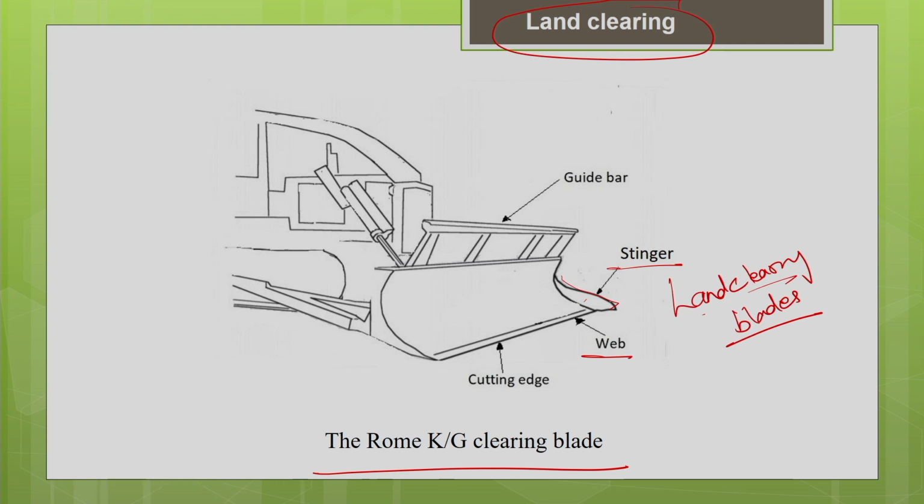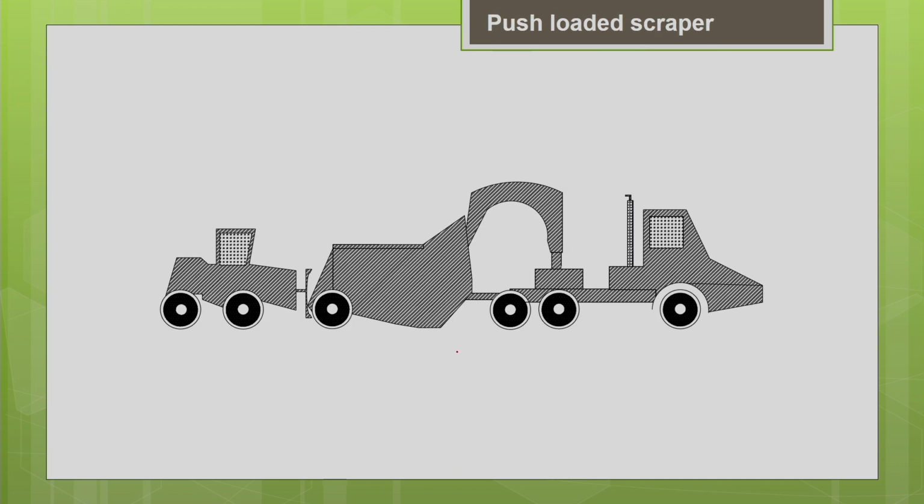One more important thing you need to note is there is a cutting edge at the bottom of every blade. When you use a blade frequently, the part which gets worn out very fast is the cutting edge. So, we do not replace blades very often, we replace the cutting edge only. The cutting edge is just bolted at the bottom of the blade. Once it gets worn out, you can just replace it with a new cutting edge. This is what I told you earlier, the bulldozer is used for assisting other machines. It is supporting the other machines.